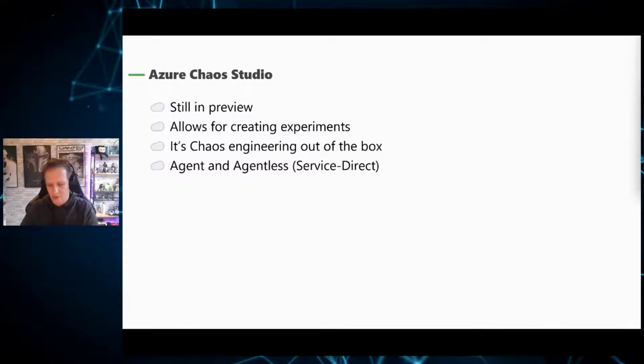And basically what we're doing is just configuring a managed identity that can talk to that Azure resource. So that gives you the ability to create experiments and go, all right, I want to restart that virtual machine, or I want to change some rules in that network security group,